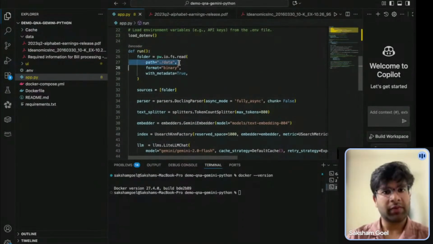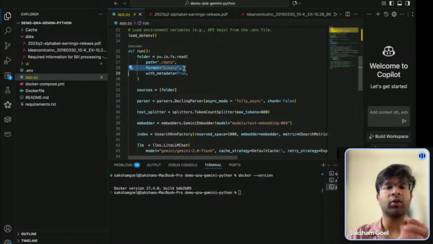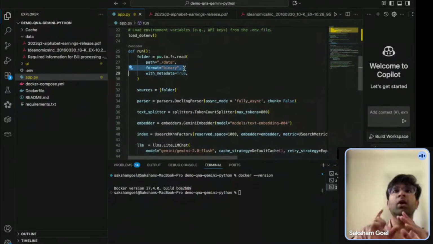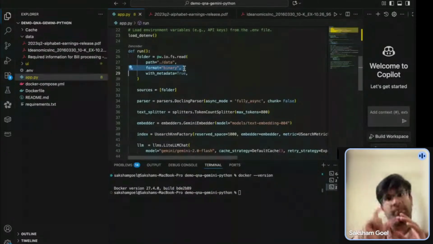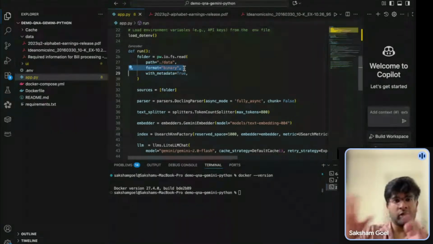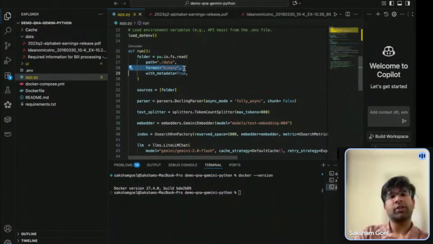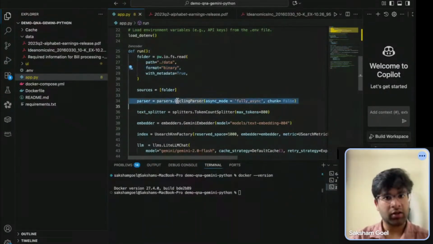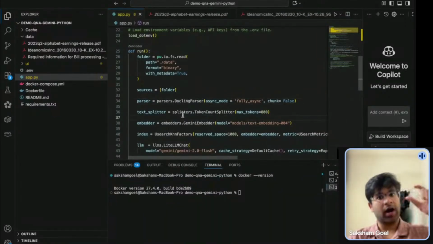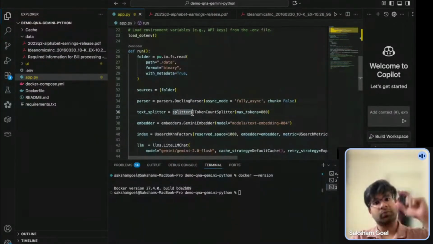So there you specify the path, you specify which format it is going to convert the data into. So basically what happens at the end is that you store that data into Pathway's tables. Now everything which is happening is being done on the table itself, where you are putting all your data, even the transformations, or even parsing here, or splitting the text. You parse, you make the documents GenAI ready, you split into small chunks, you embed them.